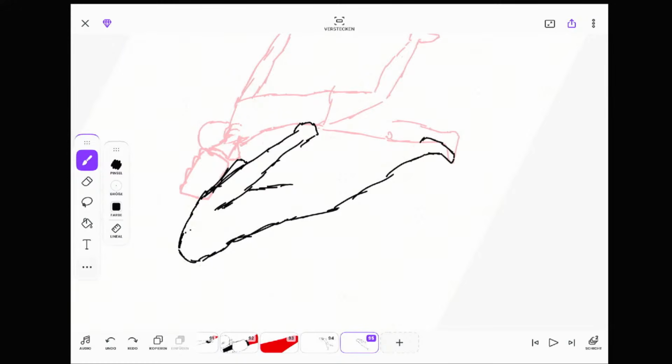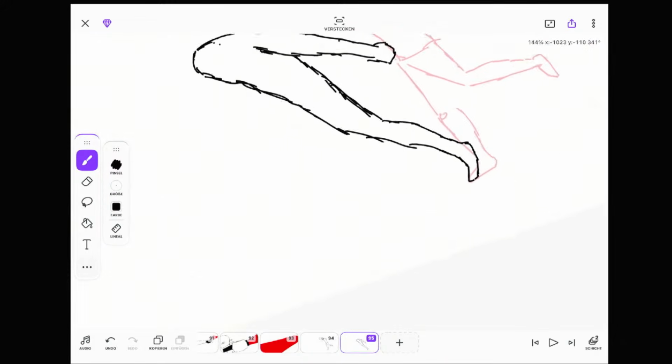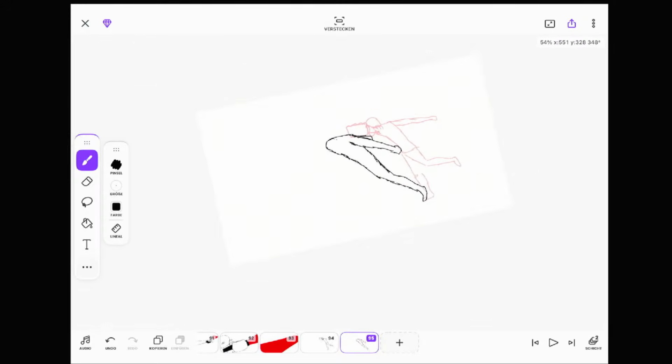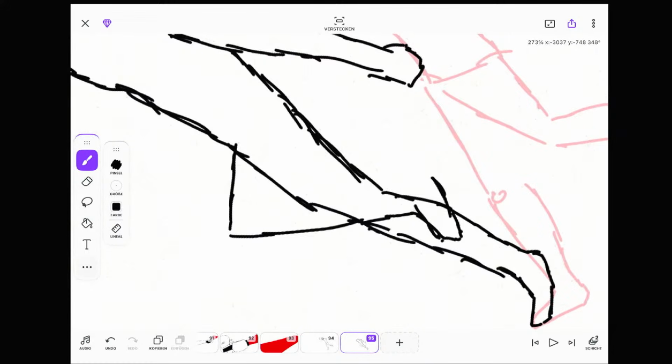This can change when you are doing a camera movement, and the positioning of your leg maybe is different, but right now I don't have any camera movement, that's why it needs to stand at the same position.